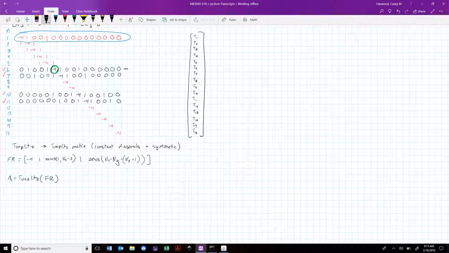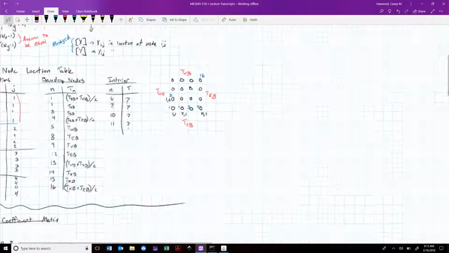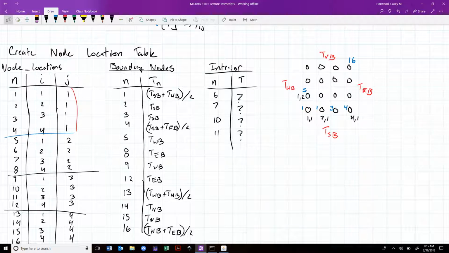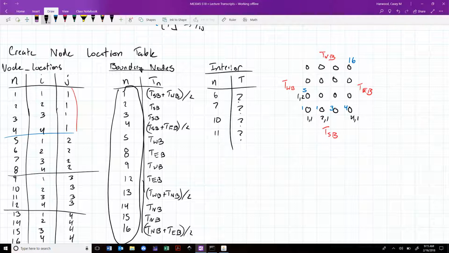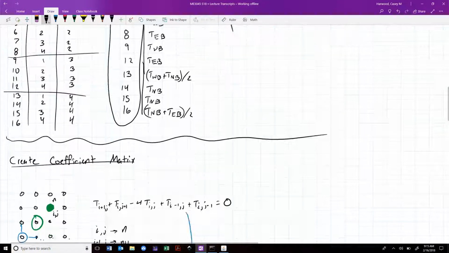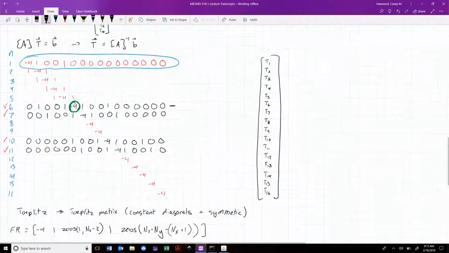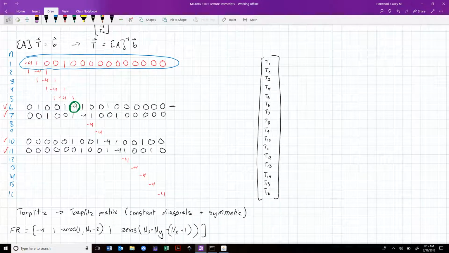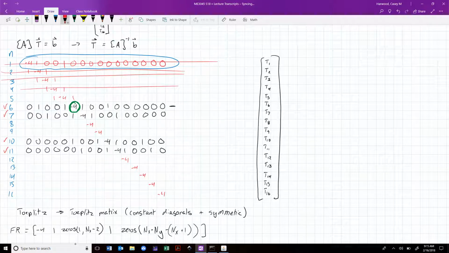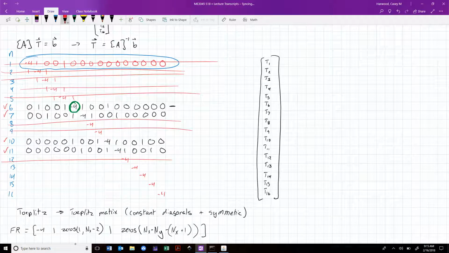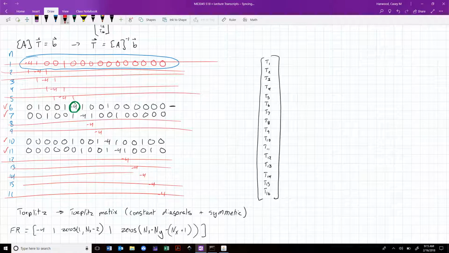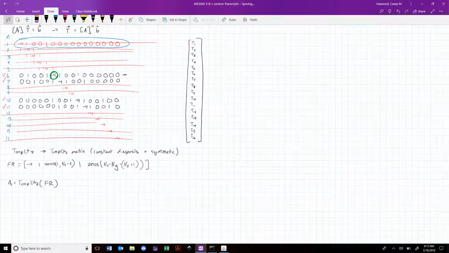So we're going to go back to this table we made, our boundary nodes table. We're going to take this vector: 1, 2, 3, 4, 5, 8, 9, 12, 13, 14, 15, 16. And we are going to remove or delete all of those rows from our matrix. So what it's going to leave us with then is, I'm going to go ahead and